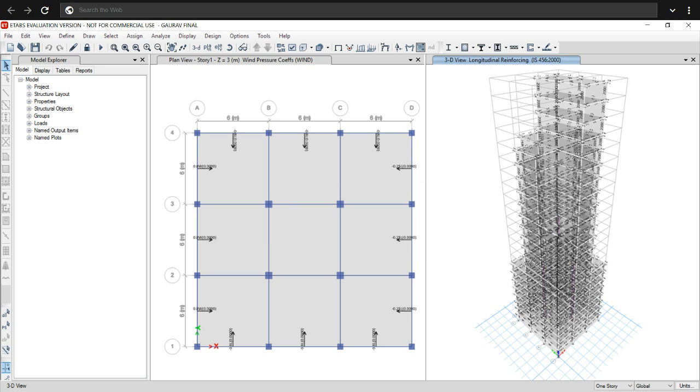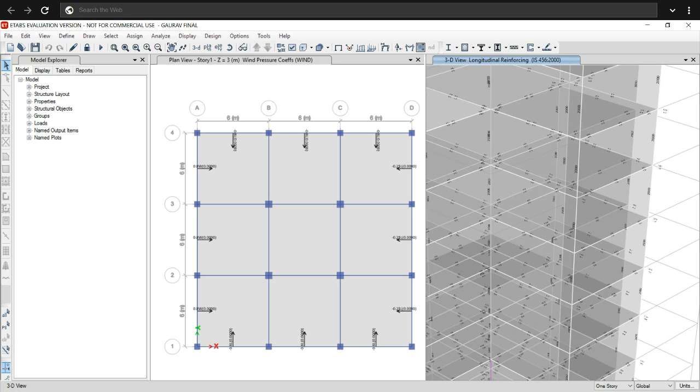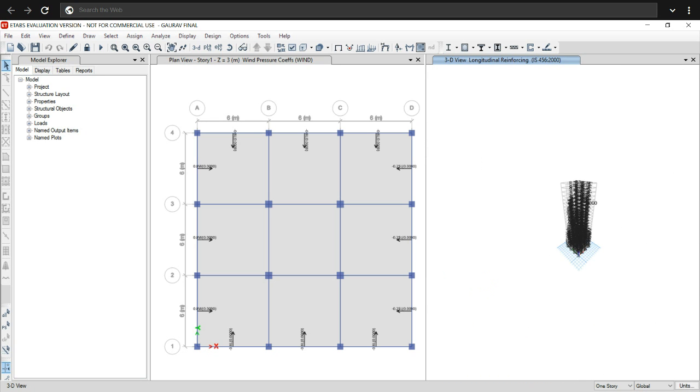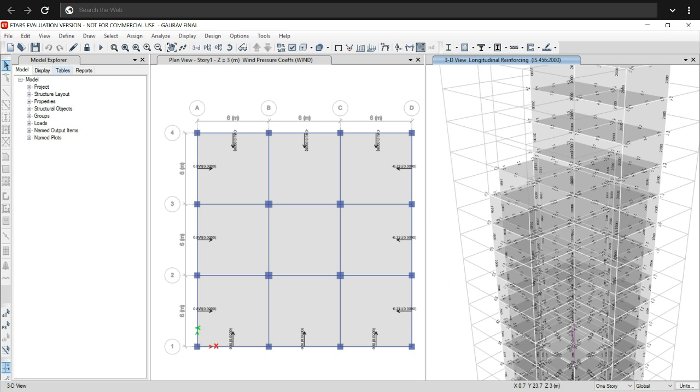Now we have done the design of the building. Then we will check the report. Go to the report, project report.